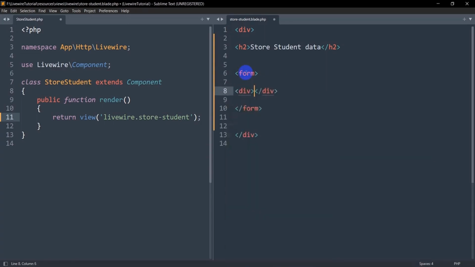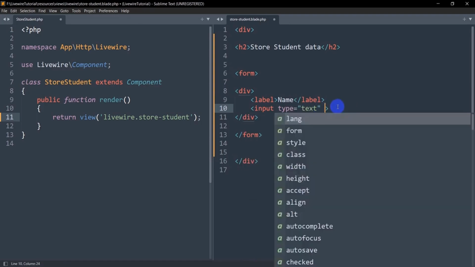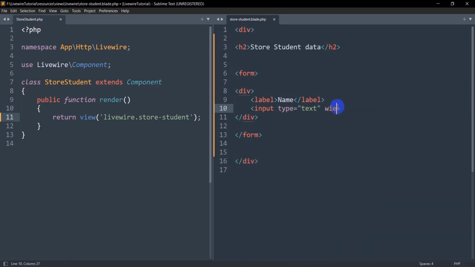First of all, let's have a div, and inside this div we'll say label will be name, and for the label name we need the input field. So let's say input type will be text, and in Livewire we do not write name like this. We write wire:model equal to name. So here you can see wire:model name. In Livewire we use wire:model equal to name like this, and whatever wire:model equals something,